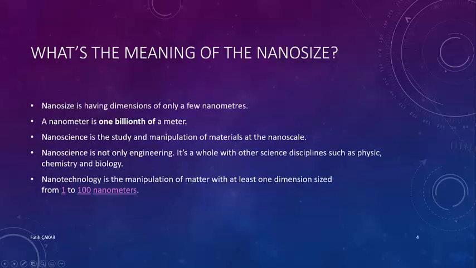First of all, understanding nanoscience is very important. Nanoscience deals with dimensions of a few nanometers, and a nanometer is 1 billionth of a meter. Nanoscience is the study and manipulation of materials at the nanoscale. It's not only engineering or physics, it involves all of the science disciplines such as physics, chemistry, biology,